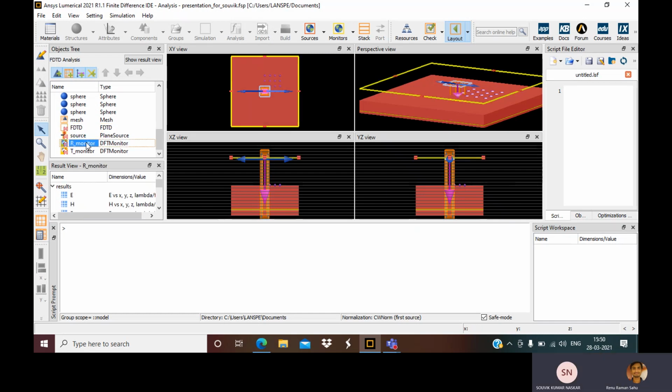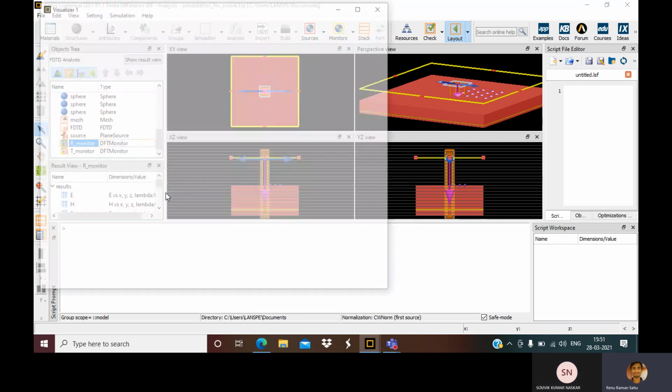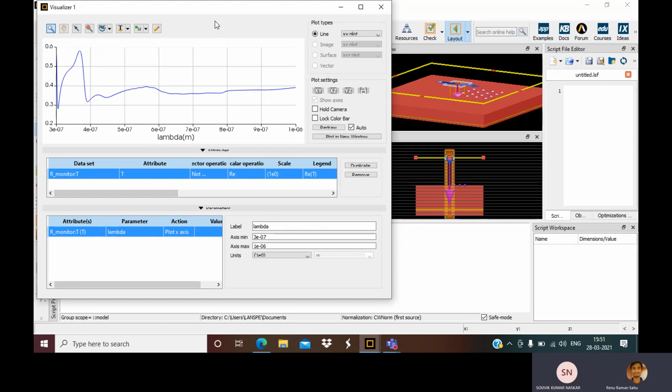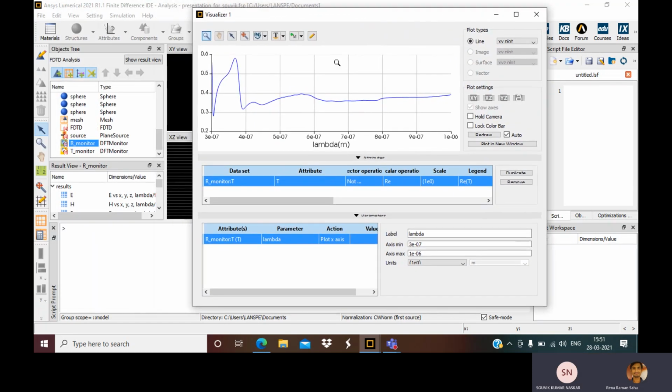Now let us look at the plot. You want to see the reflection first, so I'm selecting this top monitor. I went here, visualize, and went to the transmission, the T, that is basically E cross H. Here I got some plot, so this is the plot for reflection.